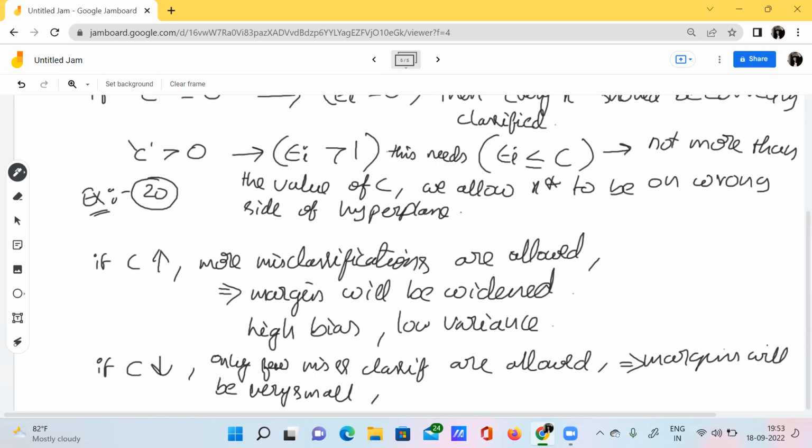And then it has low bias, high variance.